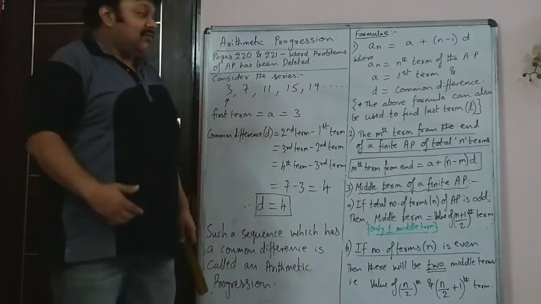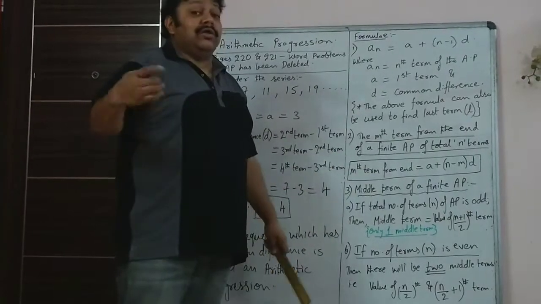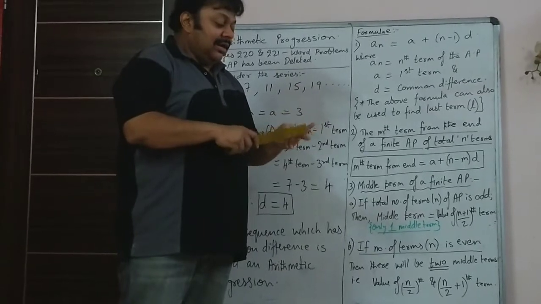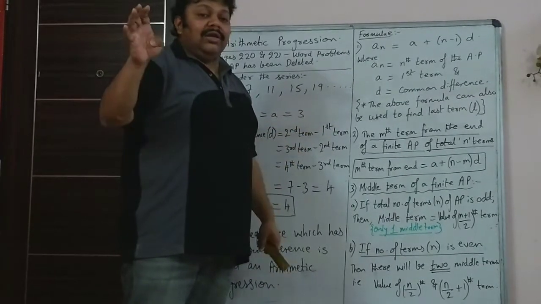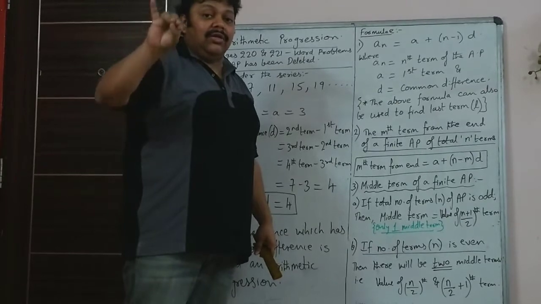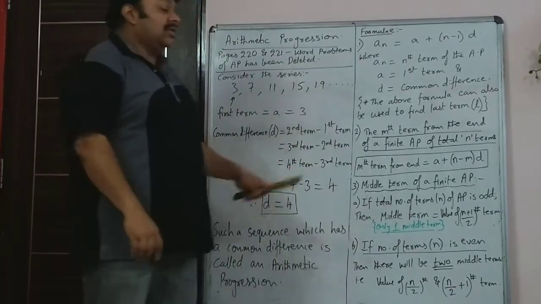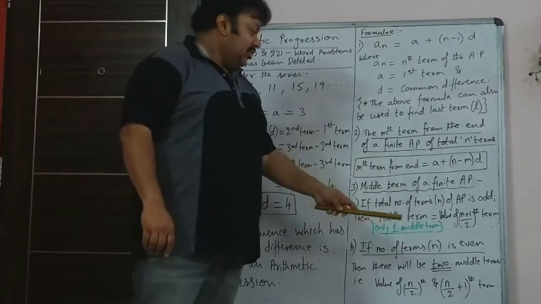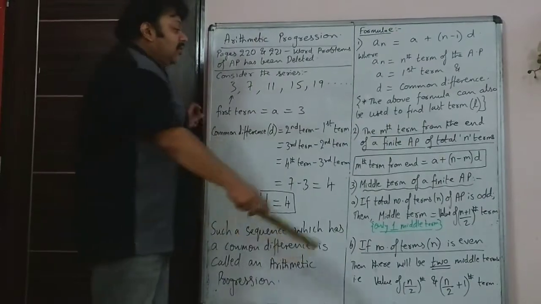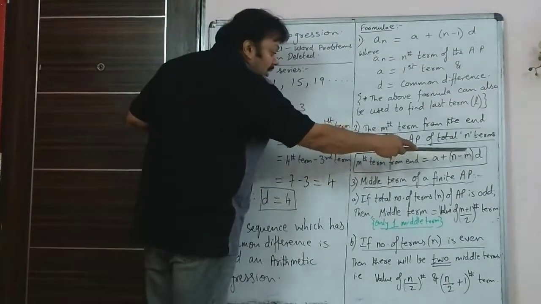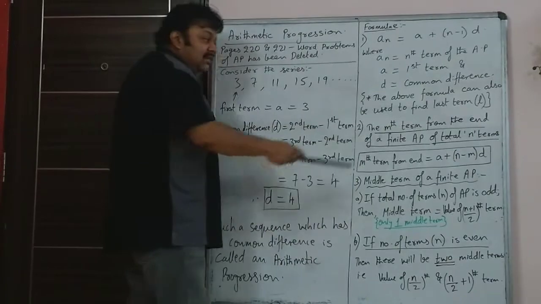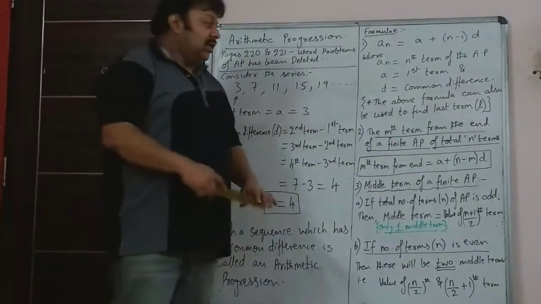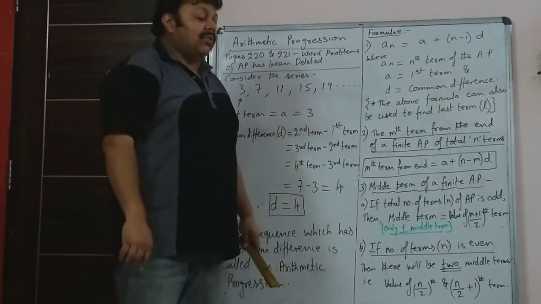So the 10th term from the end would actually be the 91st term, because if you go backward, 100, 99, 98, 97, 96, 95, 94, 93, 92, the 10th term from the end is the 91st term. So the 91st term would have been found by using this formula, where you take n as the total number of terms and this is which term from the end. So the 10th term, so 100 minus 10, if the total number of terms was 100 and you are finding the 10th term from the end.